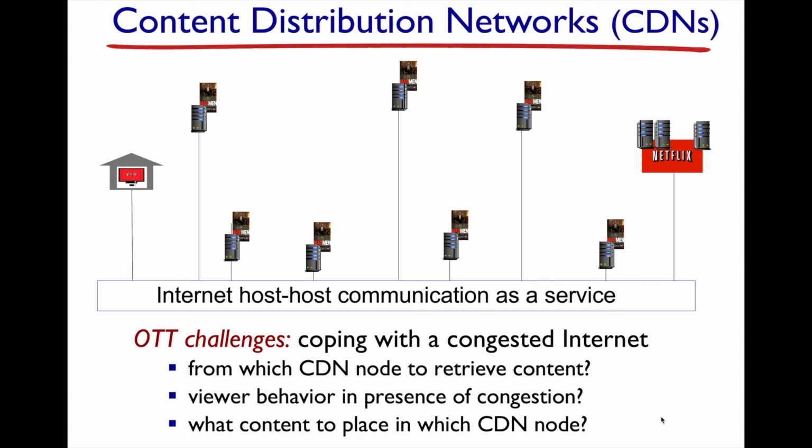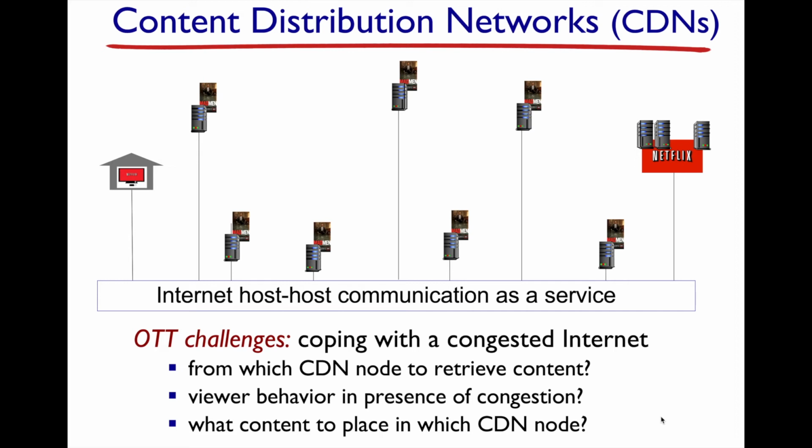What is your behavior in the presence of congestion? Certainly, how are you going to switch, or on the basis of what criteria are you going to switch between one version of the video and another? And then at what point do you just decide to cut your losses and switch to a different CDN node? And then what do you employ for making that choice?